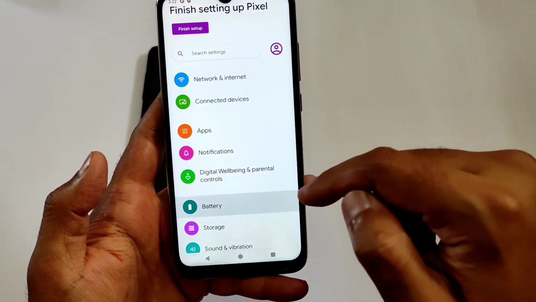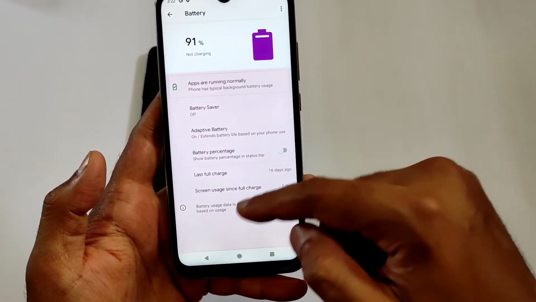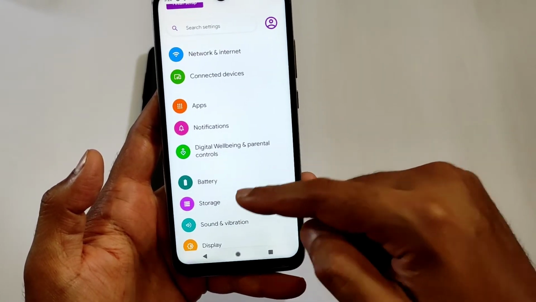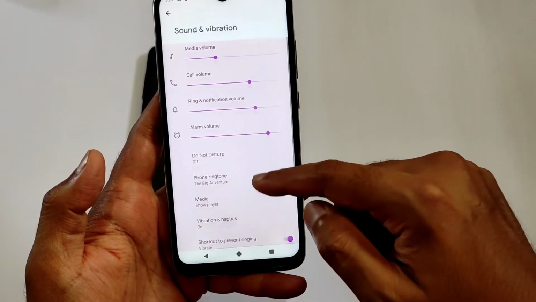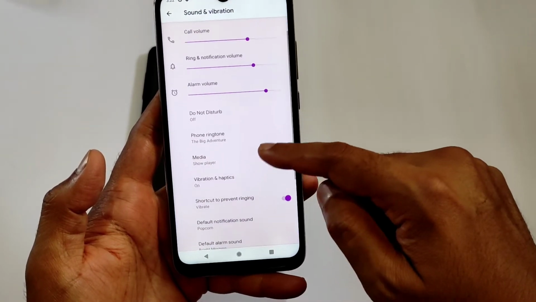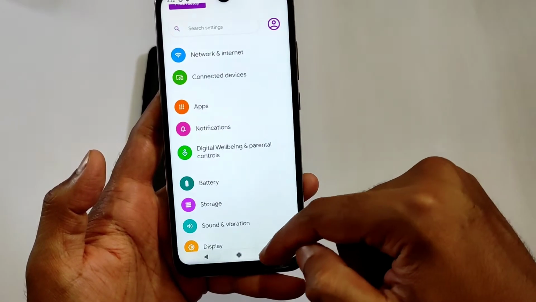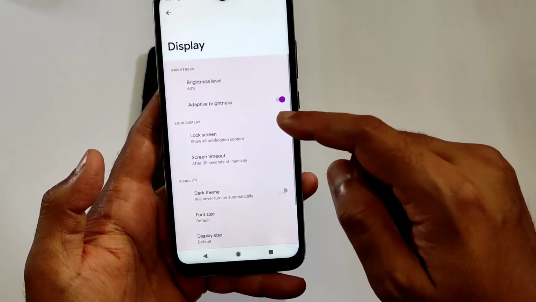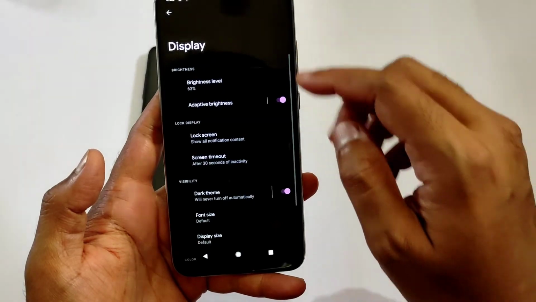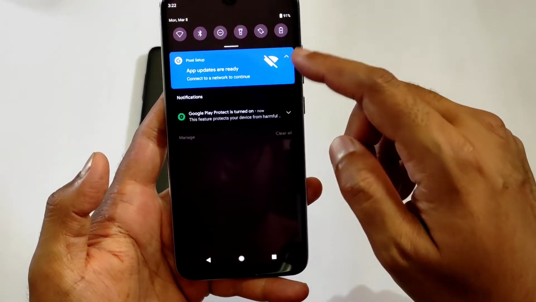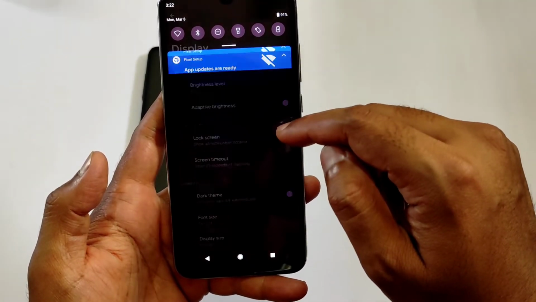Battery settings, there is a battery settings page you get. It's the same as Android 11, it's just a developer preview one. In the upcoming developer previews, you'll get some different options. This is the sound and vibration settings. This is the display settings. As you can see, everything is kind of pink. Even the quick settings panel is pinkish, even in dark mode.